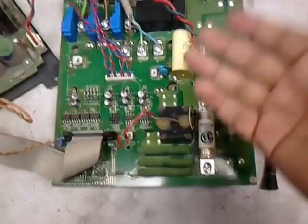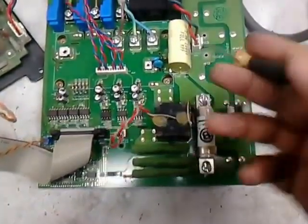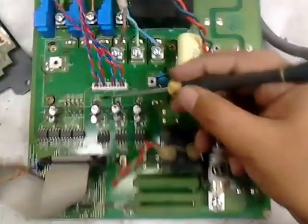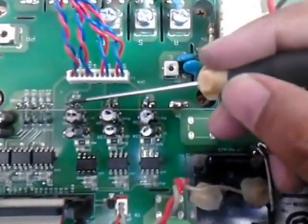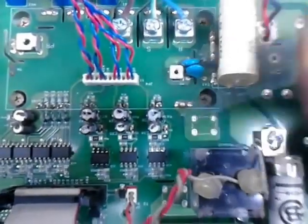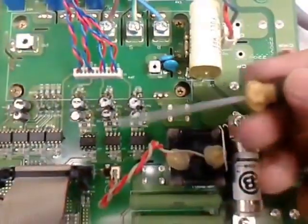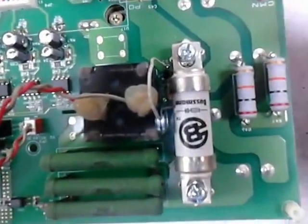To turn on your drive and to check your firing pulses, one method is to remove your module and then check the firing individually using an oscilloscope on these points after turning on the drive, and we will see in the next section how to turn on the drive without the module. But currently, if you want to check the pulses in this situation, you have to simply